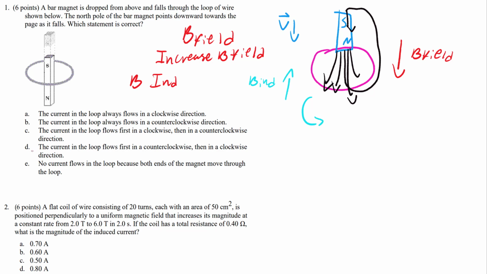So for sure, we know that A is incorrect because that's a clockwise. We want a counterclockwise. That's a CCW, counterclockwise. All right, and C is incorrect, and E is incorrect as well because according to this equation,